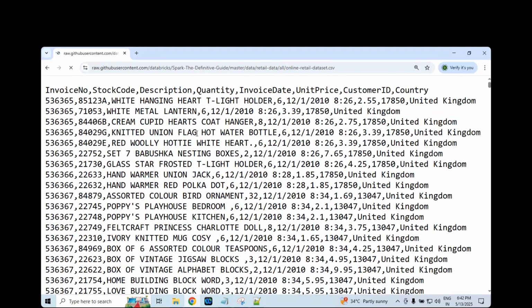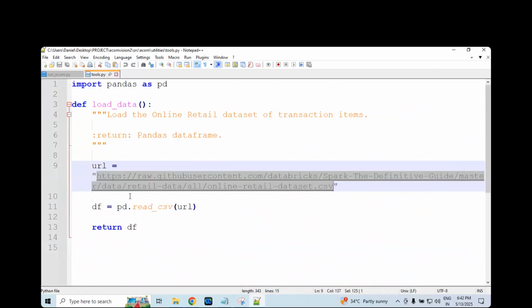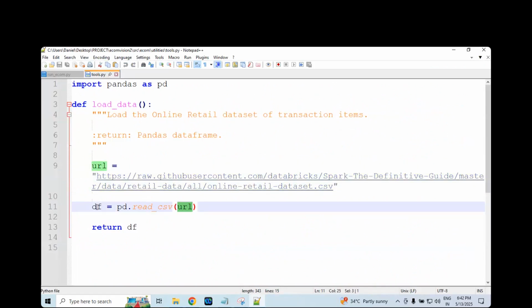Now, we are using the URL in a string, and you are passing the URL here, you will get the data frame. This data frame we are returning to the front end. Are you with me or not, sir? As of now, this one is a public website. We are directly loading the data. I mean, there are many ways to load the data. Even with pandas, hitting the website, there are some different ways. But as of now, I'm taking the plain file. Okay. Good. Make a note on this one.